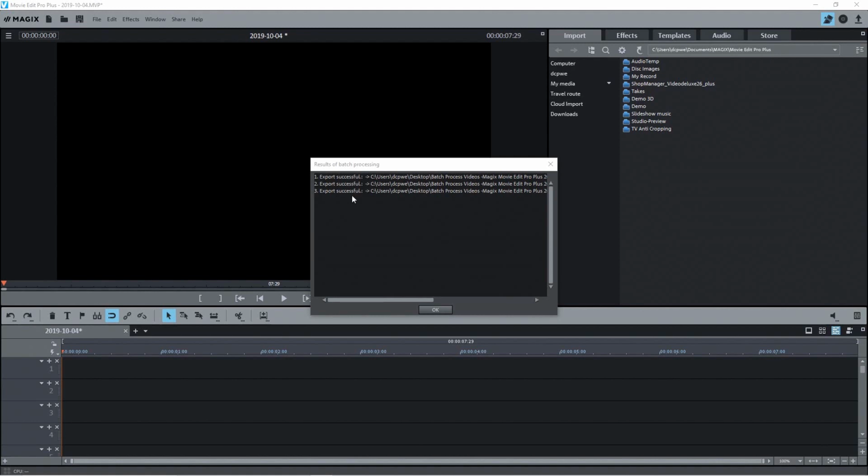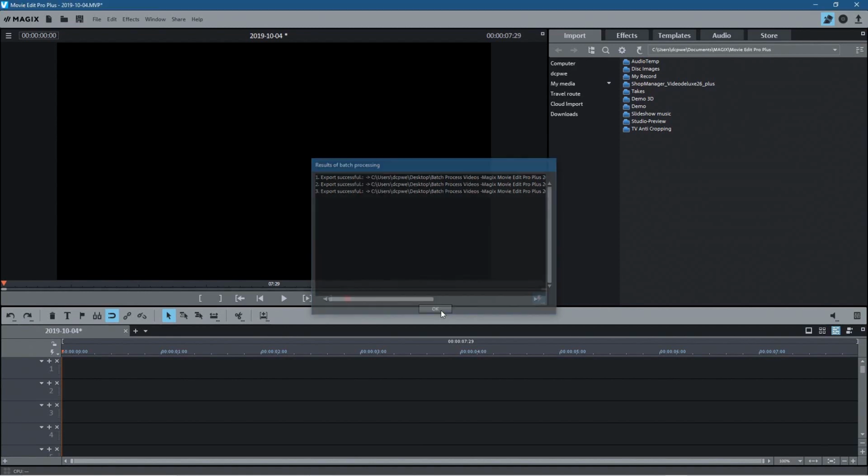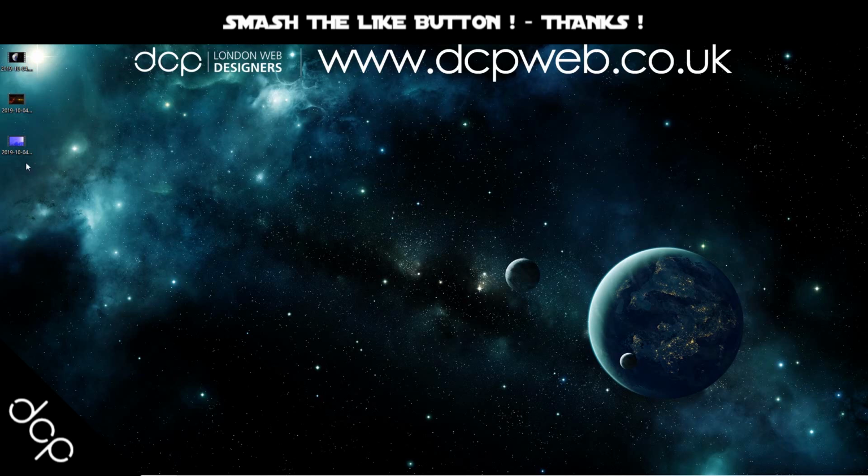Sometimes if your computer reboots for whatever reason, or it crashes or some issue with your machine, then it will show an export error here. To be fair, I've hardly ever seen that happen. Maybe once I think I've seen an export error. It's normally always successful. So we'll go ahead and click OK and minimize, and now you can see all 3